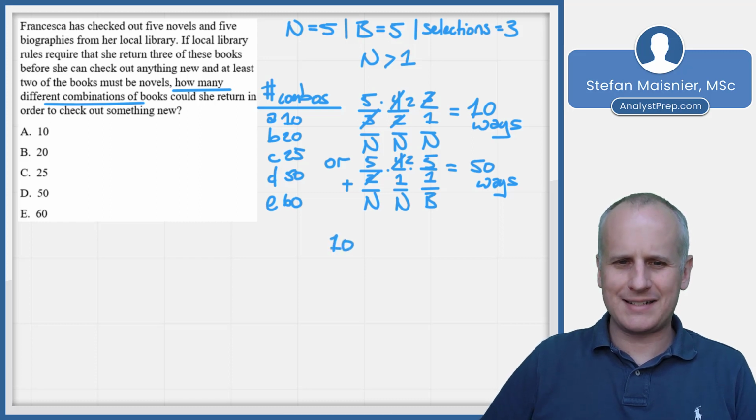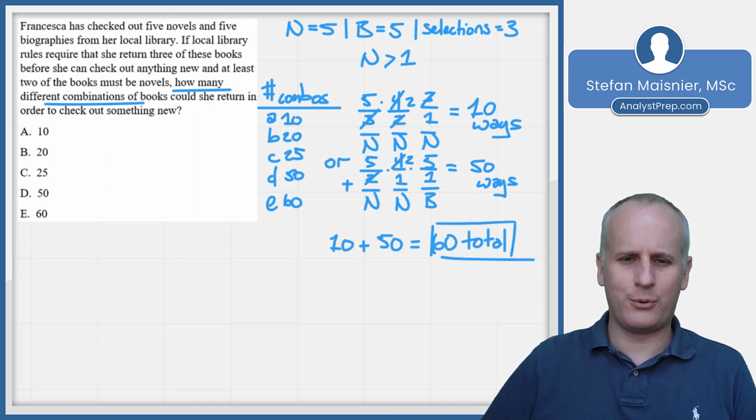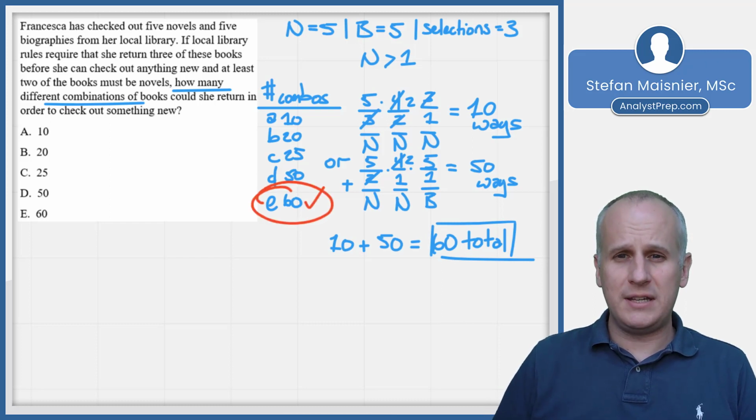And of course, our last step, and be careful because 50 is sitting there as a trap, of course, as was 10. If we do 10 plus 50, that's going to be our 60 total combinations, which, of course, is choice E. So if you see a clear application of one of the choose notation formulas that we spoke about